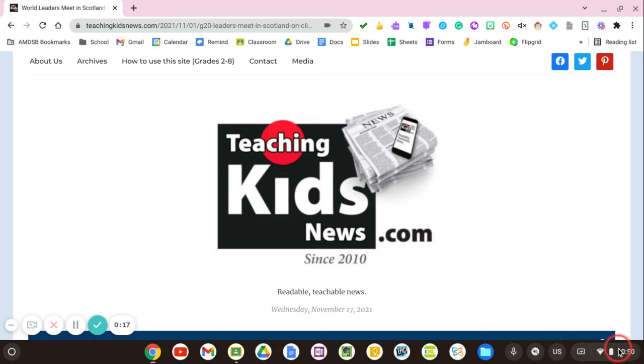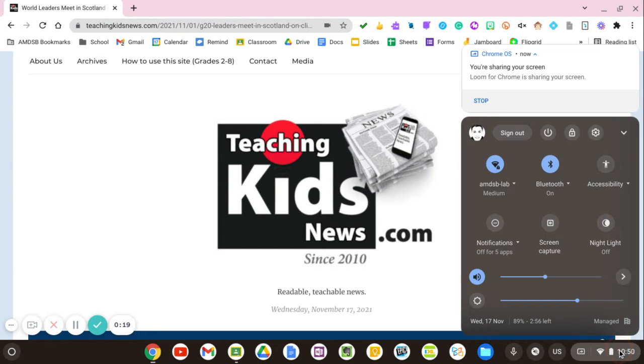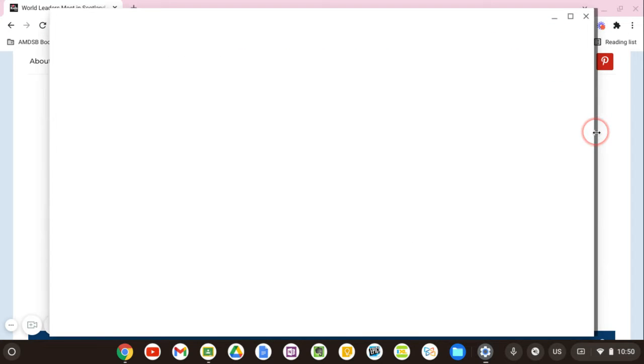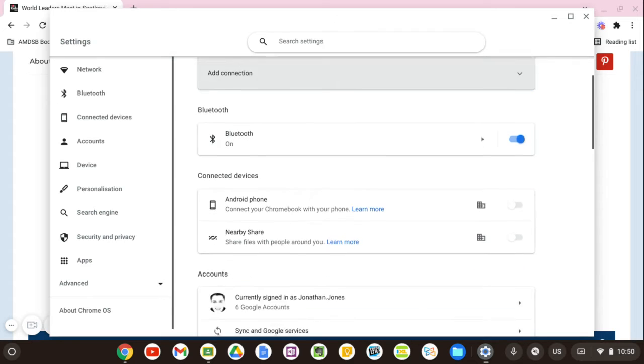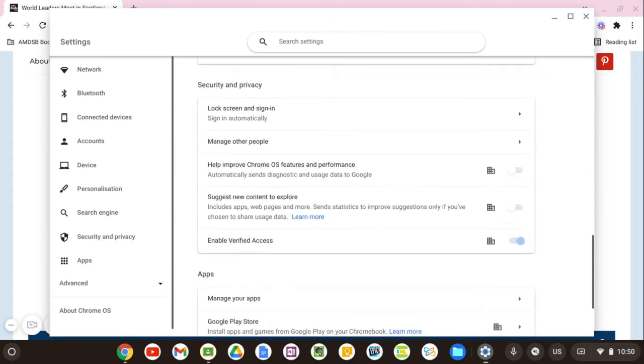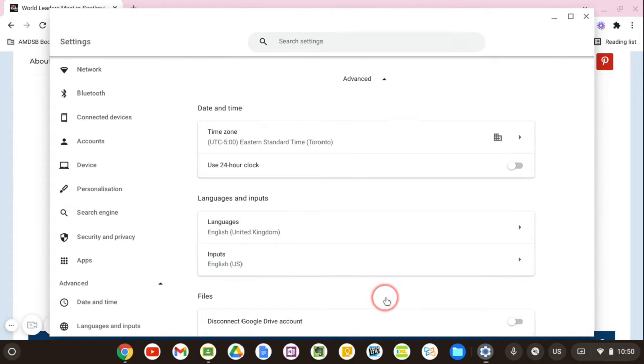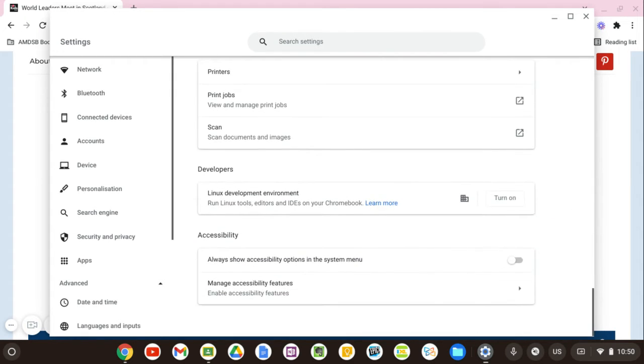So if we go down to the lower right corner and click on the clock, that will reveal our control panel. We're looking for this icon here called accessibility. If you don't find that your set of icons has that there, simply click on the settings icon just above. And then we're going to scroll down to the bottom of this first screen over on the right to where it says advanced. It gives us a bunch of additional options, and we're going to scroll all the way down